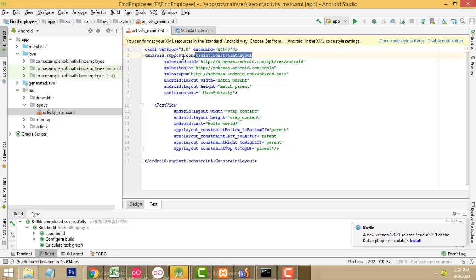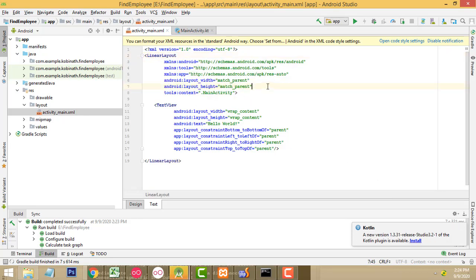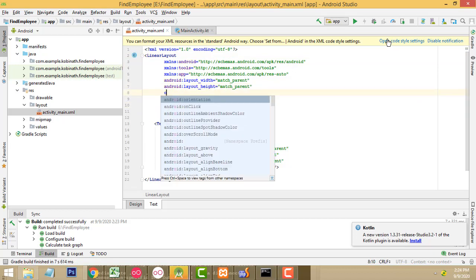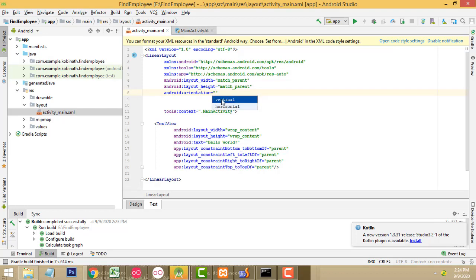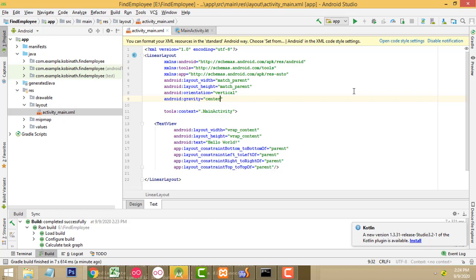So here we have to make this one a linear layout, with orientation vertical and gravity center.